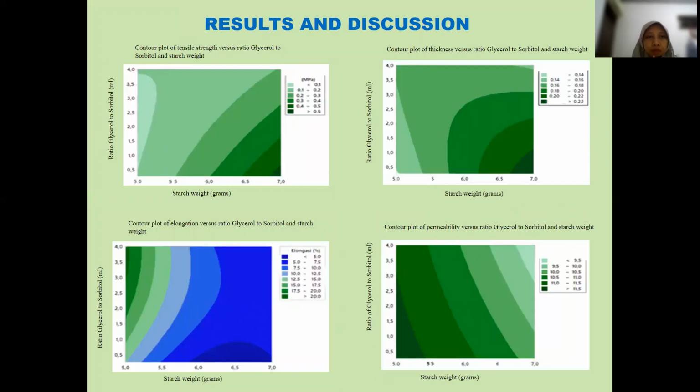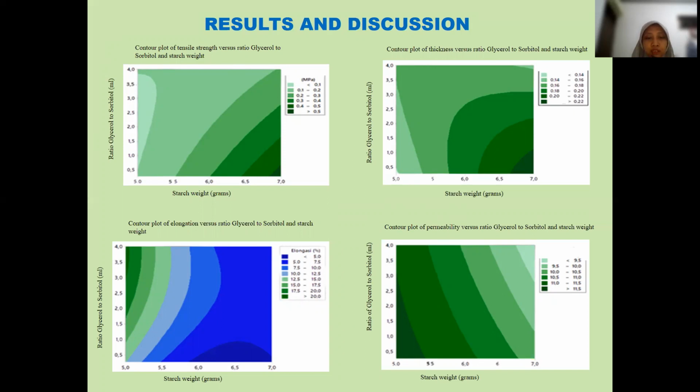These are the contour plots of tensile strength versus ratio of glycerol to sorbitol and starch weight for the first image. The best tensile strength has the darkest green color at a ratio of glycerol to sorbitol of 2 to 8 and starch weight of 7 grams. This is due to the low ability of sorbitol to bind water and limit its ability to reduce hydrogen bonding